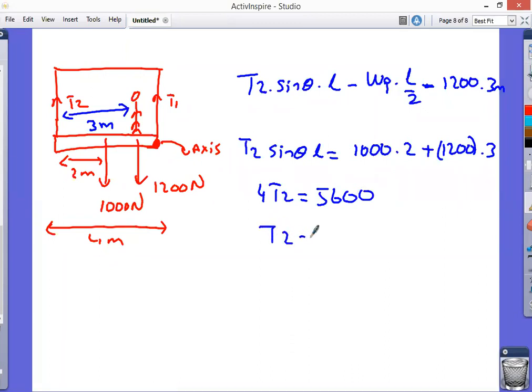So to find T2, we divide both sides by 4, and then we get 1,400 Newton, the answer for T2. So the tension on T2 will be 1,400